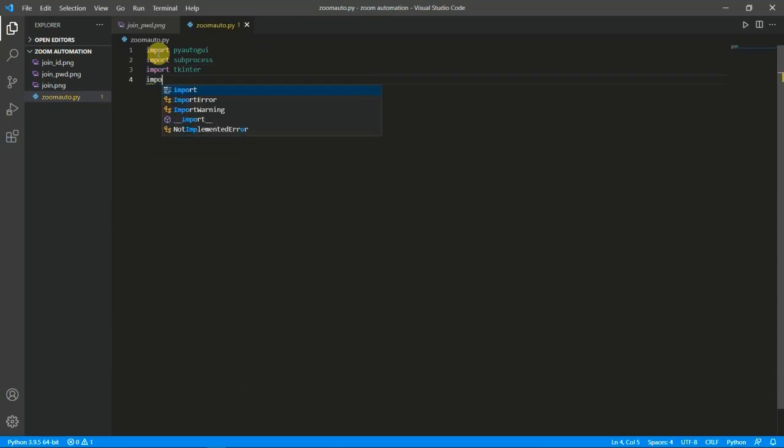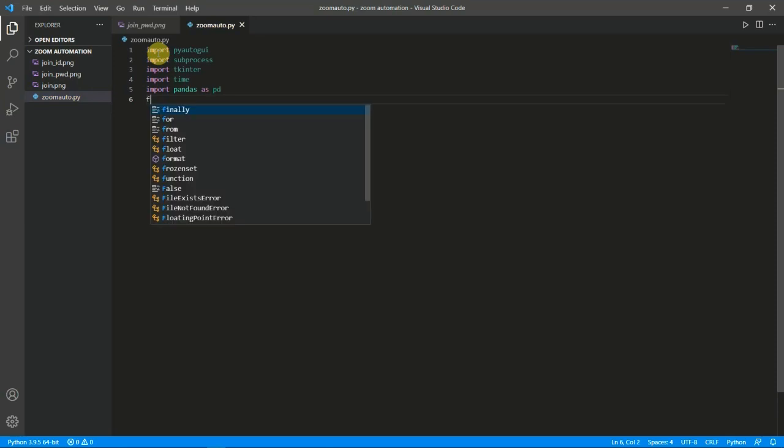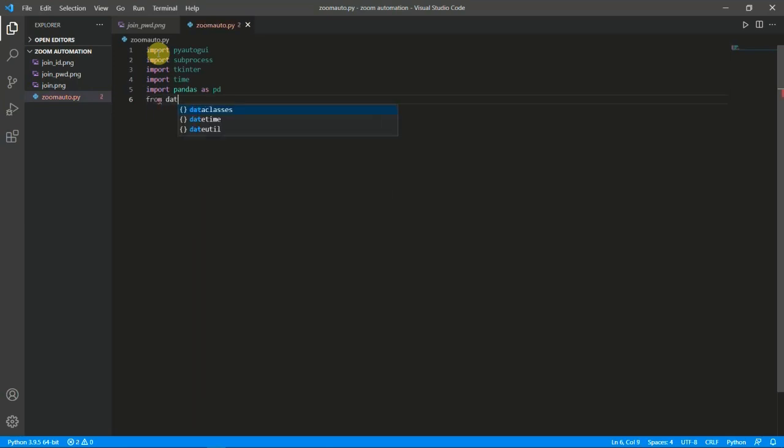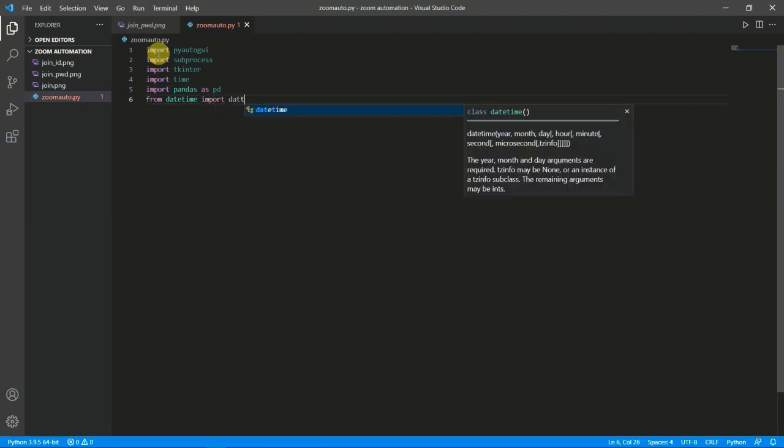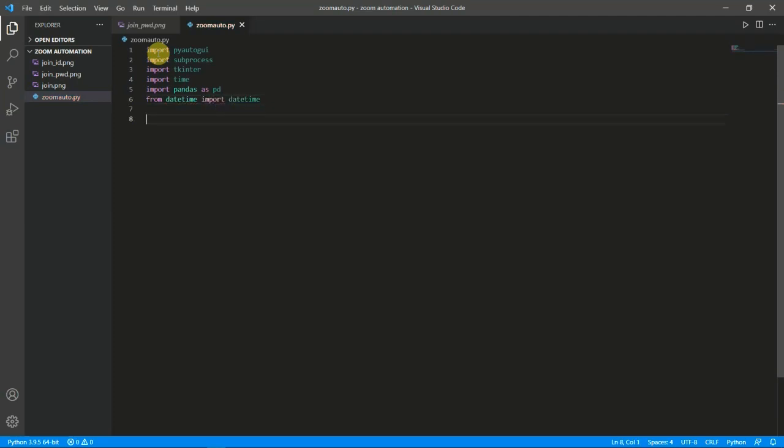We will import time, import pandas as pd, and then we will import date from datetime. Okay, these are the things we are going to import. This will be helping us throughout the automation. I will be telling about this when we write the code.